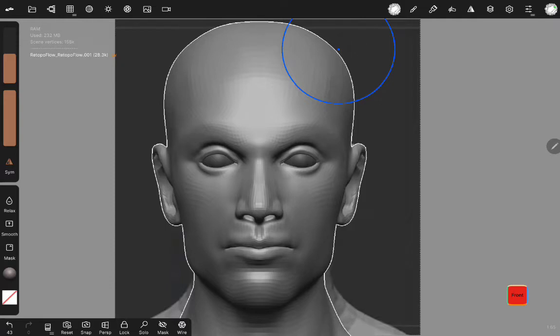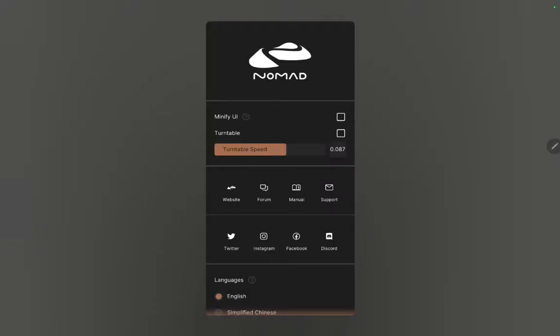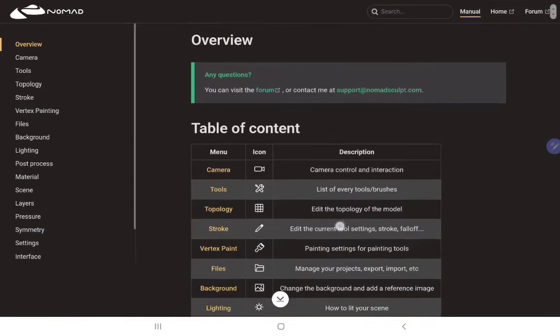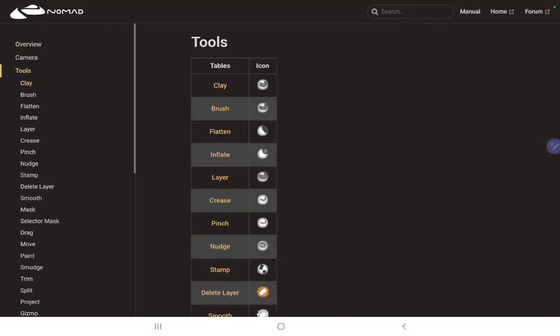So in this video I would like to cover brushes and some of the brushes that I use in particular for my sculpts, largely my head sculpts. So we're going to get started just by introducing you to Nomad's own description of their brushes, and you can find that by simply tapping here and going to the manual and clicking on tools,